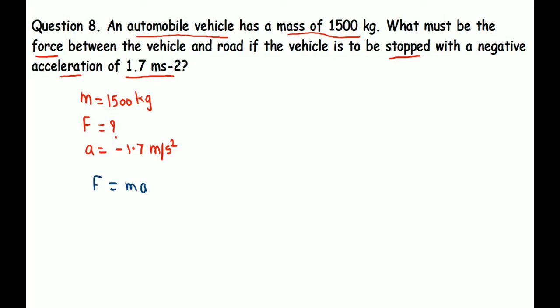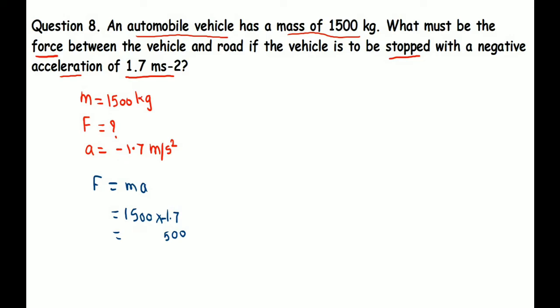Why? Because negative acceleration is given. Here, student, when we apply force is equal to mass into acceleration, we only need to place the values. All things are given. Solving these two values, what will happen? The trailing 0 will remain the same over there. We need to only multiply 15 by 17. When we multiply 15 into 17, we will have around 225.